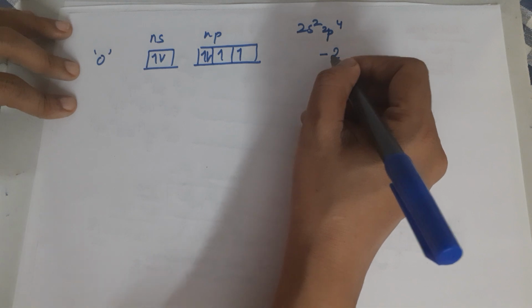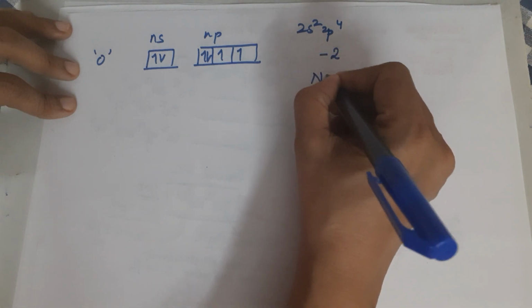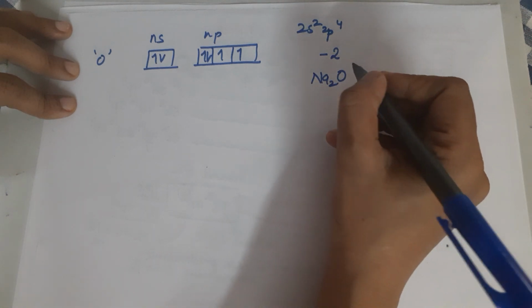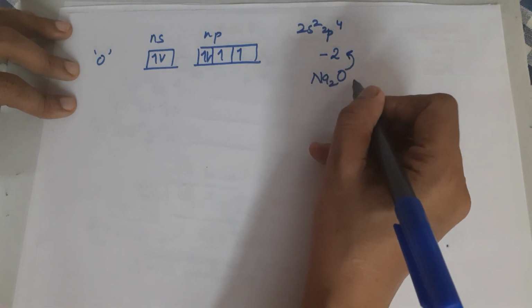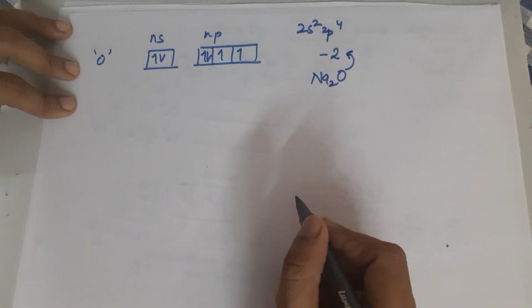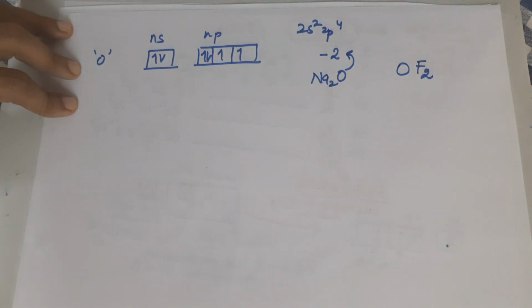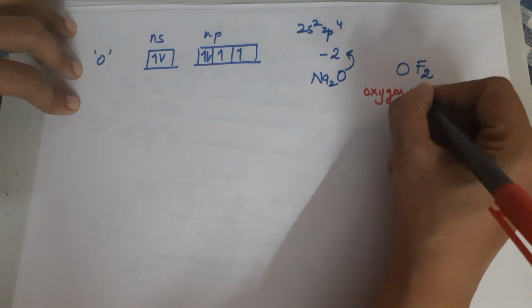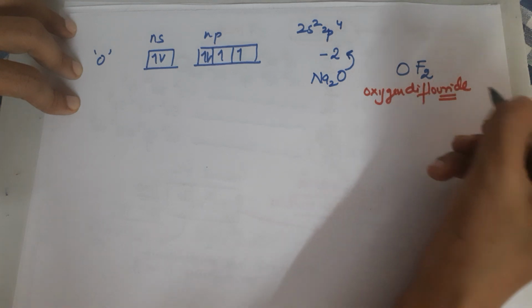But there is a possibility, for example, if you have a compound of the type Na2O, that is with the metals. With the metals, oxygen will have an oxidation state of -2, where the metal would give the electron and oxygen would gain the electron. But in case there is a compound of the type OF2, what would you name this compound? The name of this compound is oxygen difluoride. Why do we call it fluoride and not an oxide?